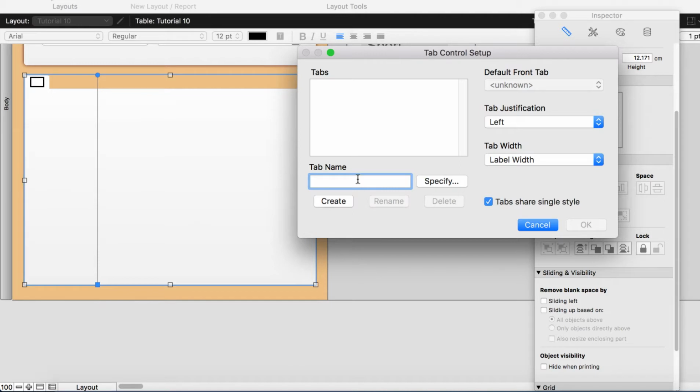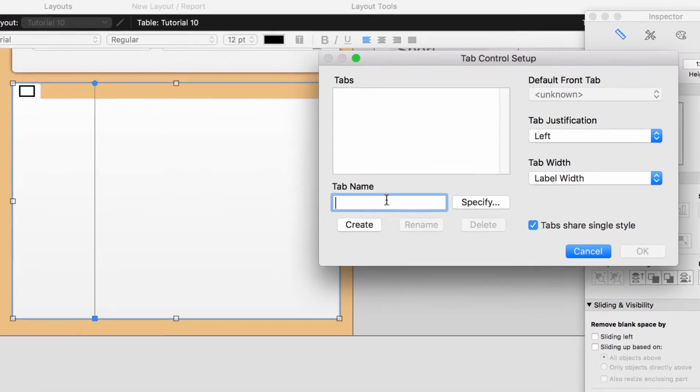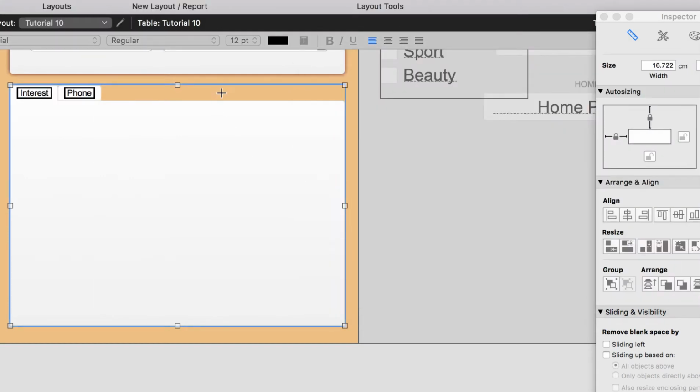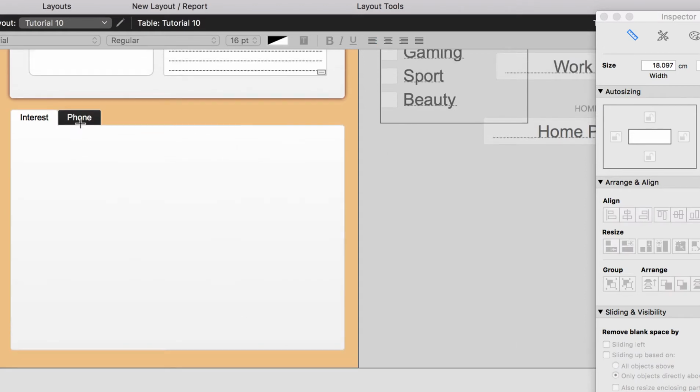So our first goal here is to create two different tabs, one called interest and one called phone. So I'm going to type in interest here and I press create. That's how I create the first tab. And secondly, I'm going to type in phone and then click create again. And when I click OK now, you will notice in here that we have a very simple two tab interface